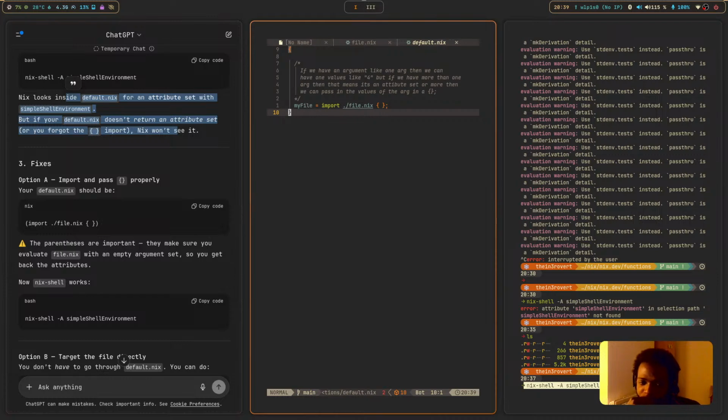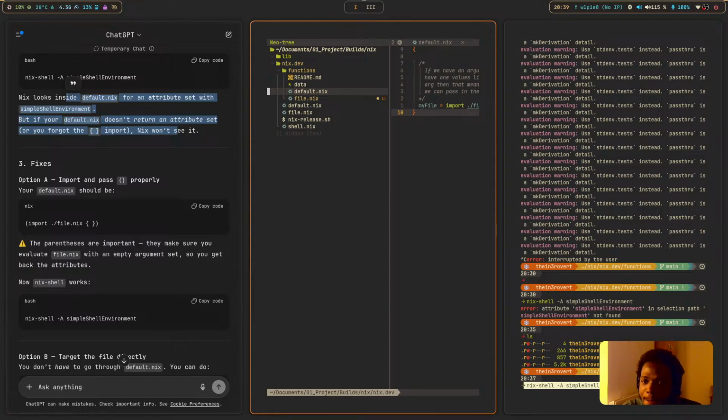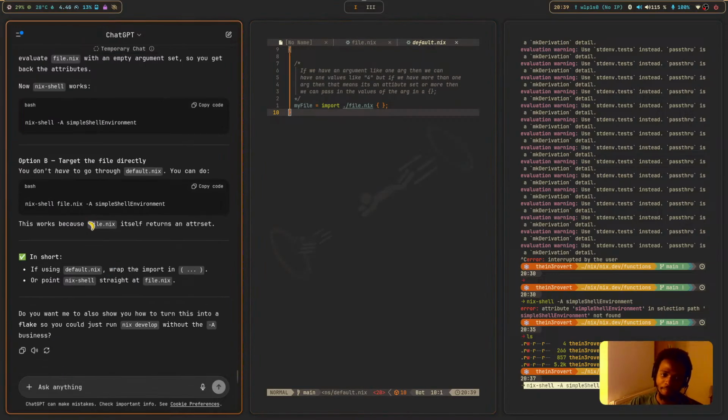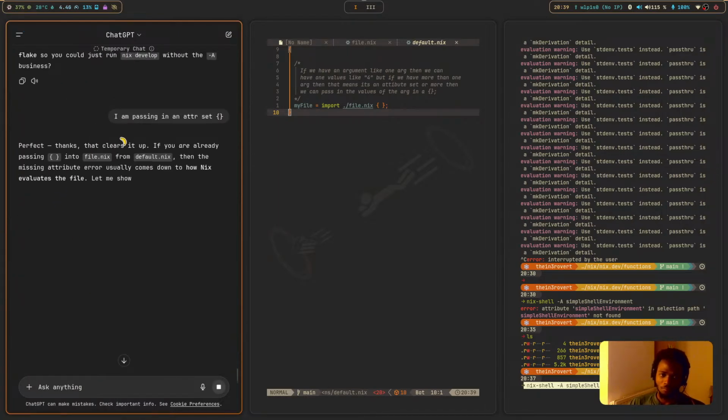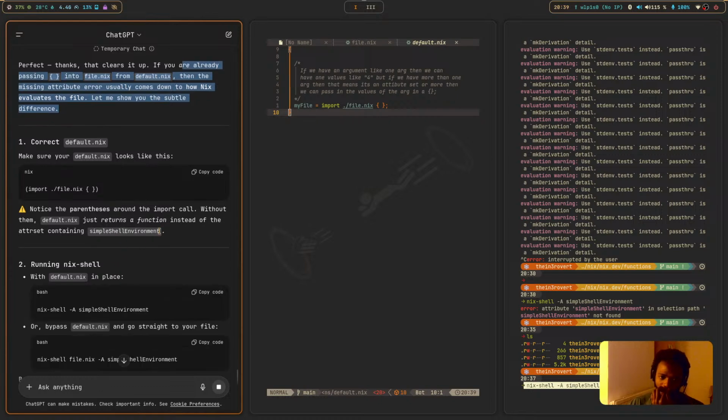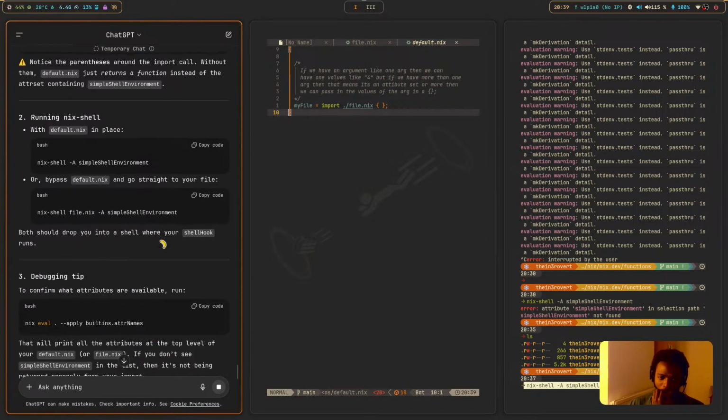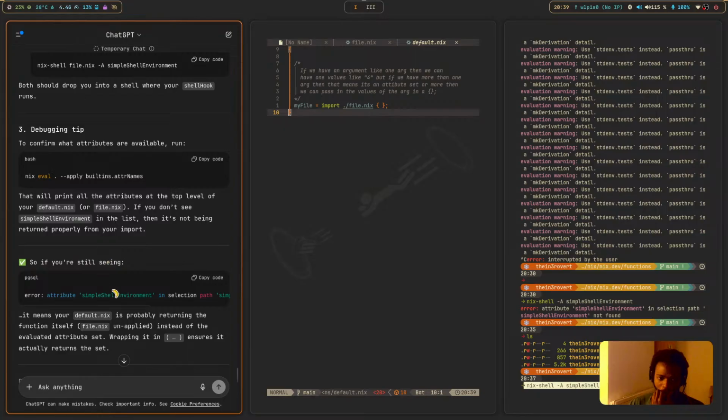I am passing in an attribute set. Yeah, I think for some reason,